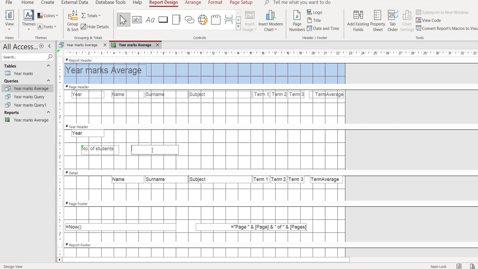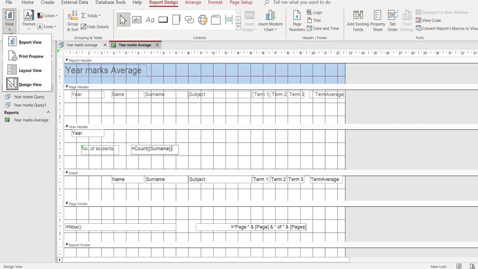As with all functions and formulas, we put equals, and then I'm using the function count, and I put my brackets, and now because a function always has the round brackets, I'm going to put a square bracket because I want to pull it from a certain field, and I'm going to count on surname. Make sure that you spell it exactly the same, otherwise the computer will not match it up. Close my square brackets, close my round brackets to close off the function,